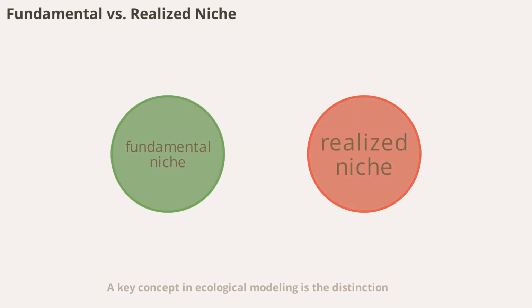A key concept in ecological modeling is the distinction between a species' fundamental niche and its realized niche. The fundamental niche includes all environmental conditions where a species could survive and reproduce, while the realized niche is where it actually lives, influenced by factors like competition, predation, and barriers to movement. Because occurrence data only sample the realized niche, models like MaxEnt approximate this subset. Understanding this distinction helps set realistic expectations for what distribution models can achieve, especially when projecting into new regions or